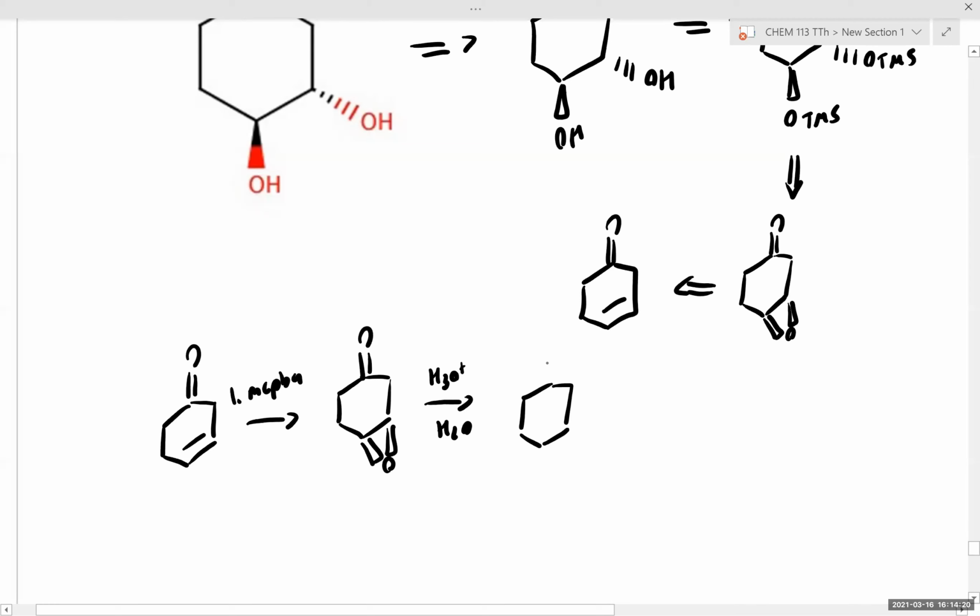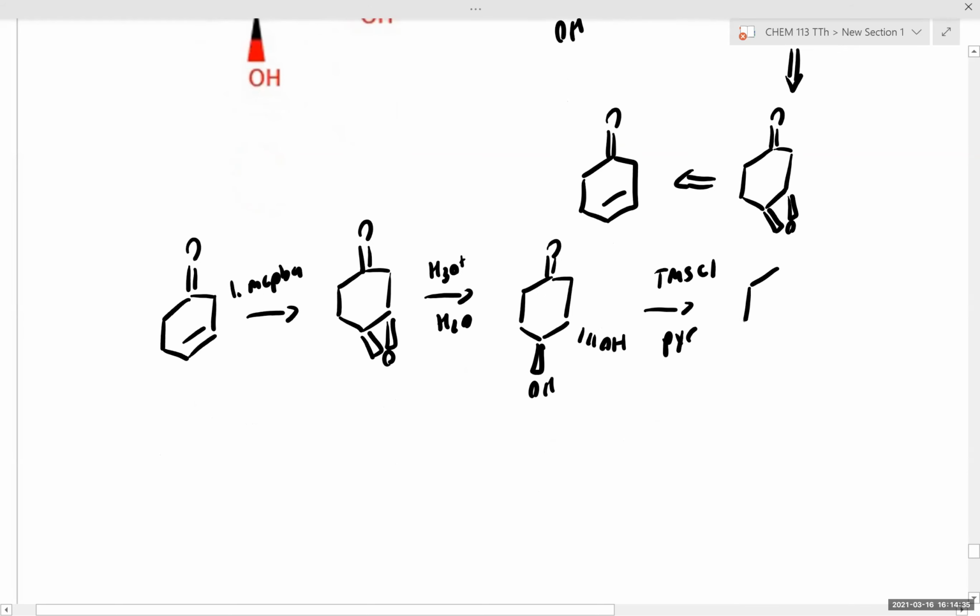That generates our anti-arrangement. Then we protect these alcohols with trimethylsilyl chloride and pyridine. That generates our protected